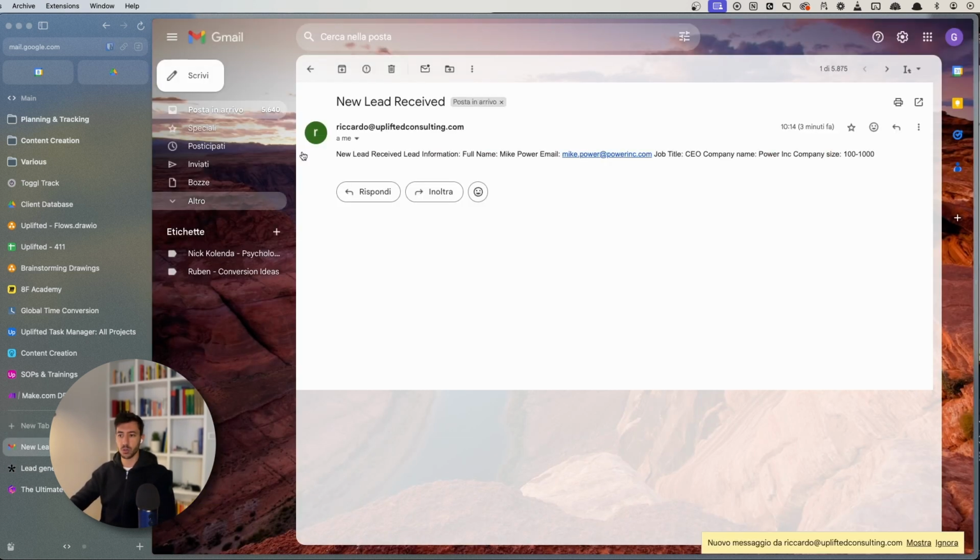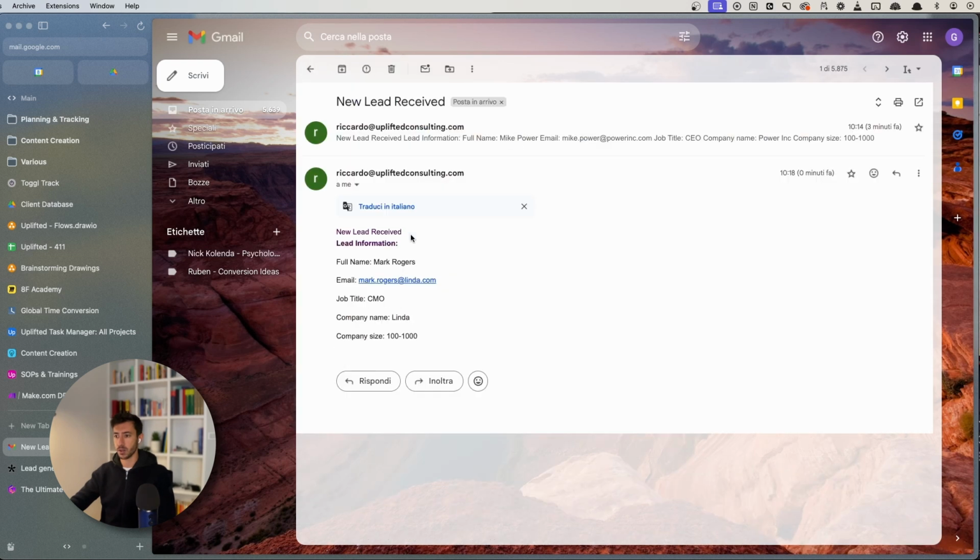So let's go to the email and let's see if we got another email. So as you can see right now, we got another email, but the formatting here is correct and it's the same formatting as what we wanted. So this is an initial example on how you can create a very simple scenario, how you can troubleshoot that